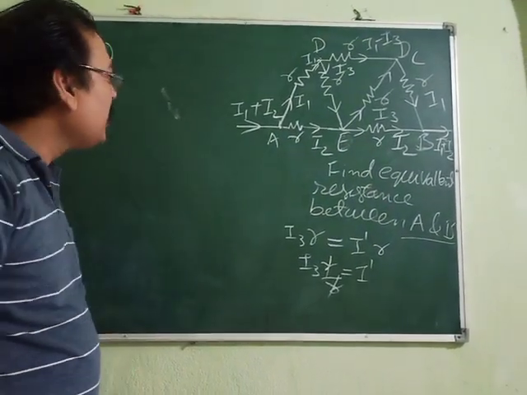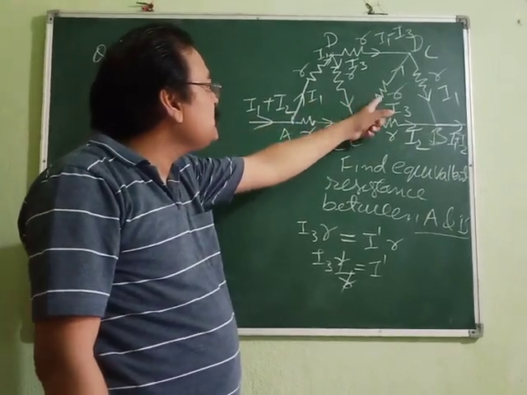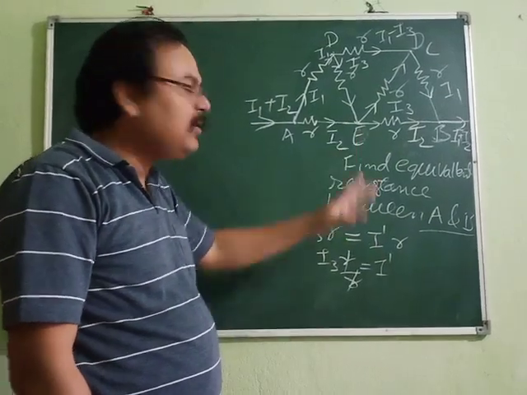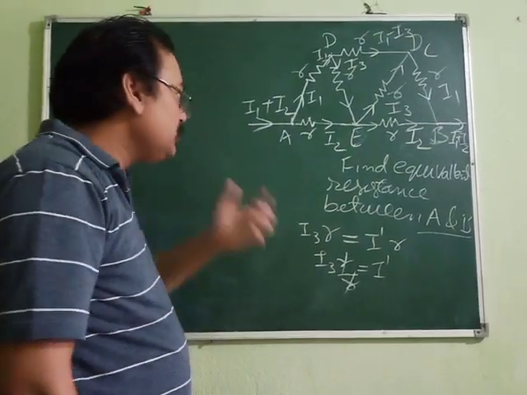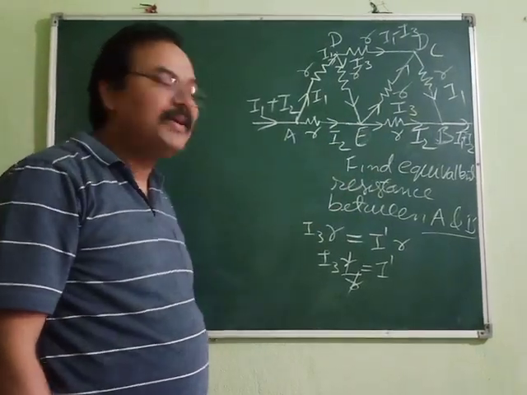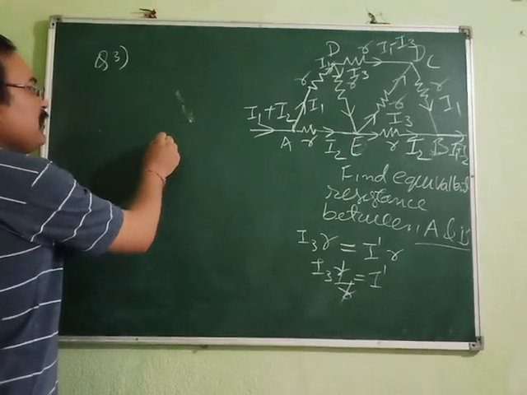Okay. Now, is there any effect of current in these two due to getting joined over here? Can you find any? No. So if it is not, then you can remove this connection from here. Okay. So we can make another circuit out of this, which is somewhat like this.